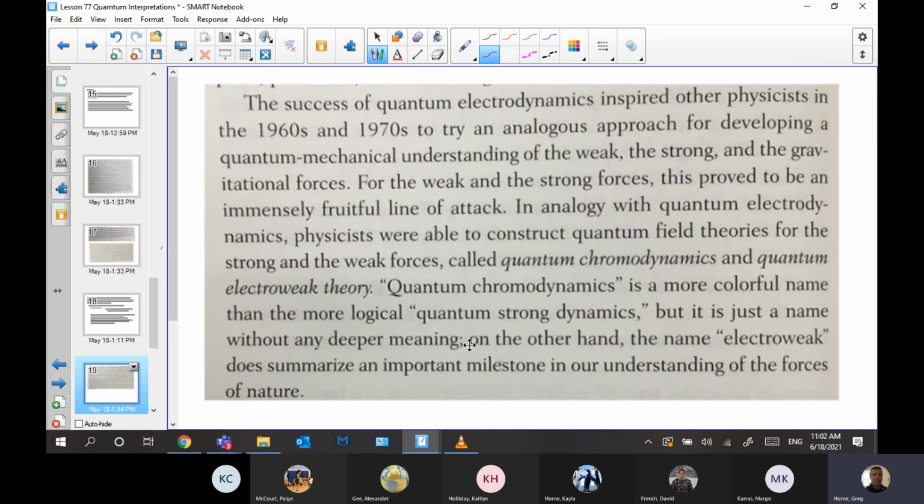So the success of quantum electrodynamics inspired other physicists in the 60s and 70s to say, hey, that seemed like a good idea. Let's see if we can do that for the weak force, the strong force, and the gravity force, right? For the weak and the strong forces, this turned out to be amazing. In analogy with quantum electrodynamics, physicists were able to construct quantum field theories for the strong and the weak forces called quantum chromodynamics and quantum electroweak theory. So the quantum chromo is for strong. They could have called it quantum strong dynamics, but they have